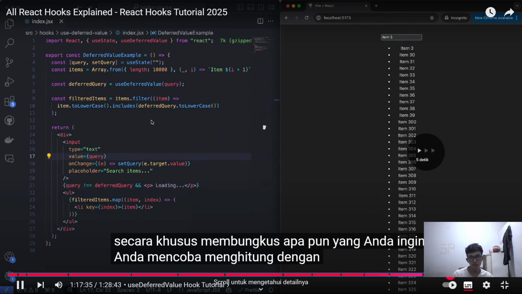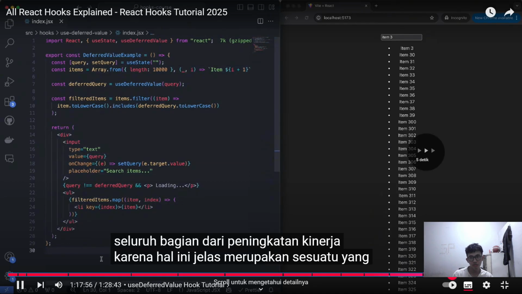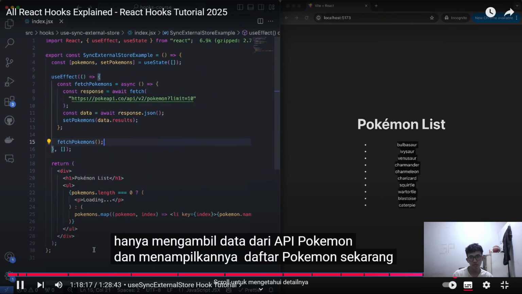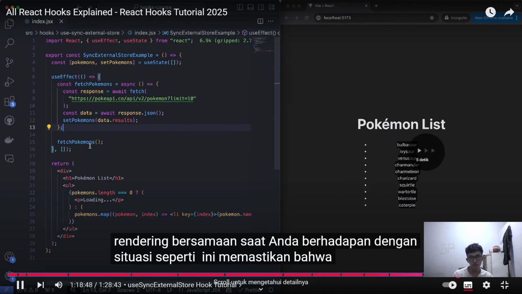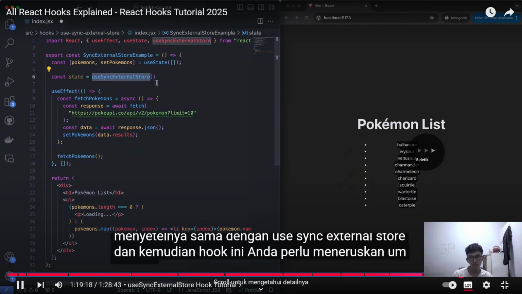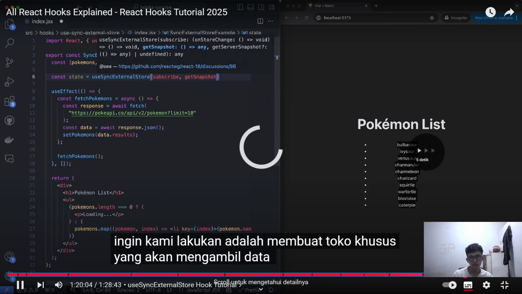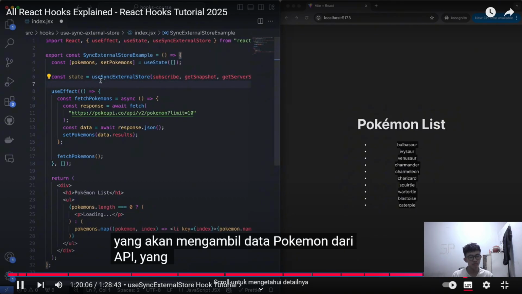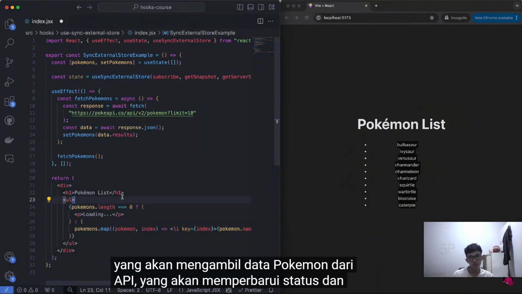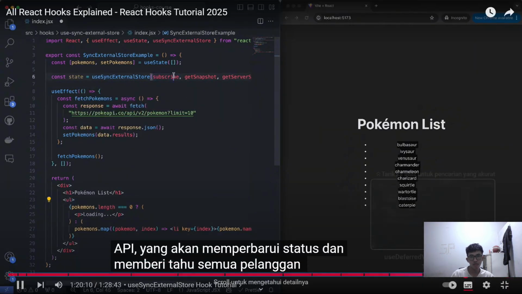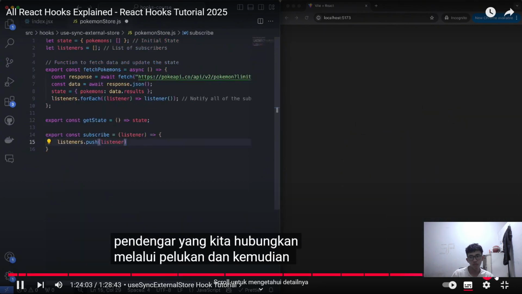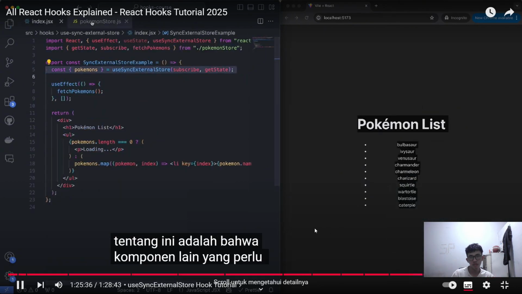We're trying to solve issues that you're having with technical aspects, with Pokemon data from the API. It will update the state and notify all subscribers of this store when the component that needs to access this data